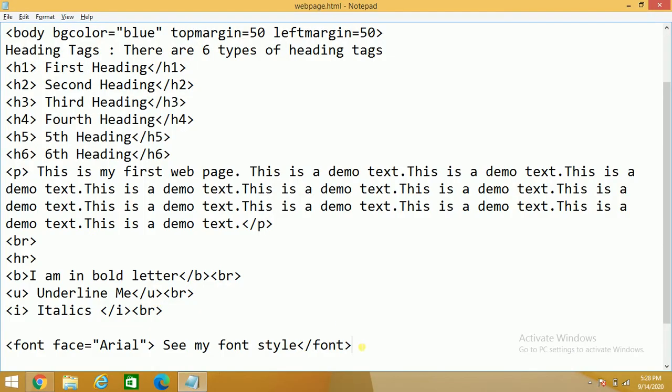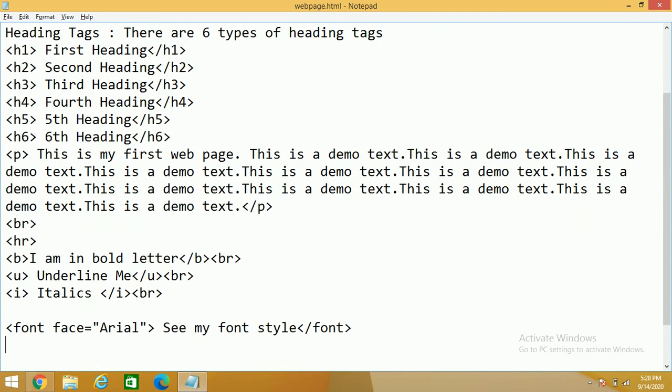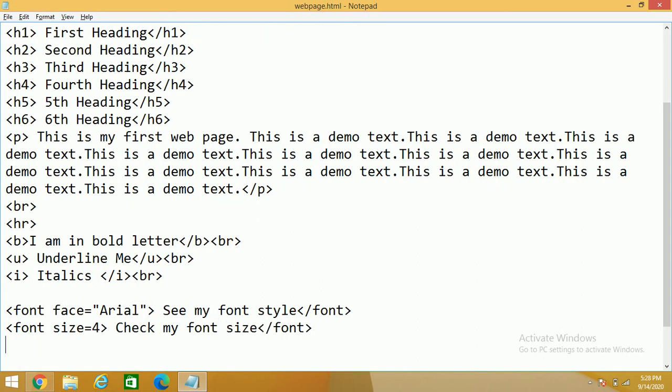Now I want to give some size and color. I want to change the size and color also. So font size, I can change the size also. So 4, and check my font size, and I can close this font also, and the same thing I can do with the color also.